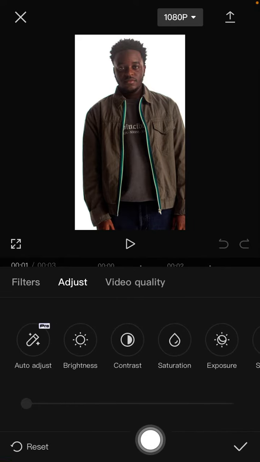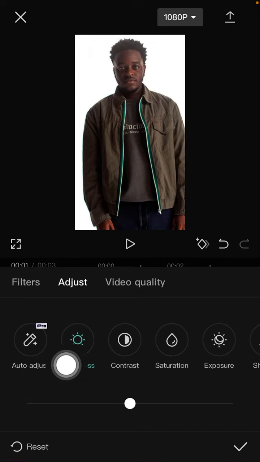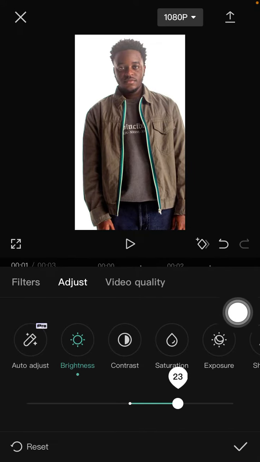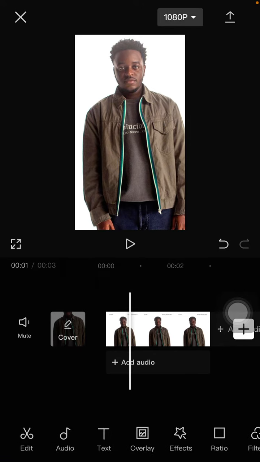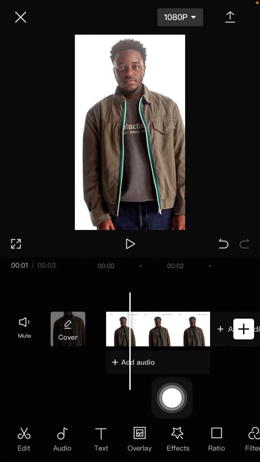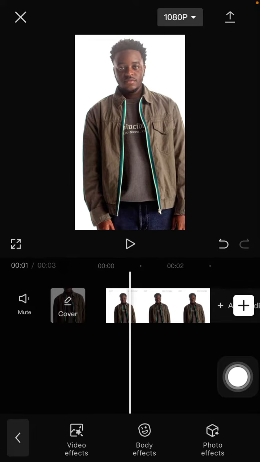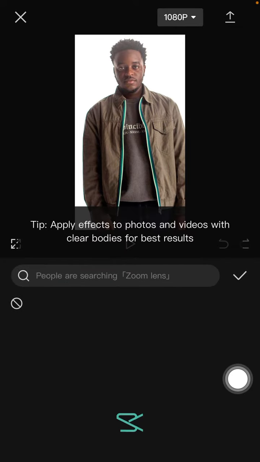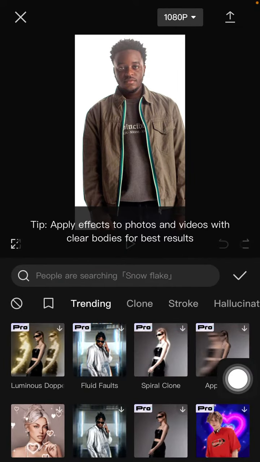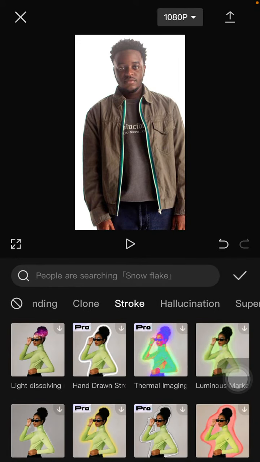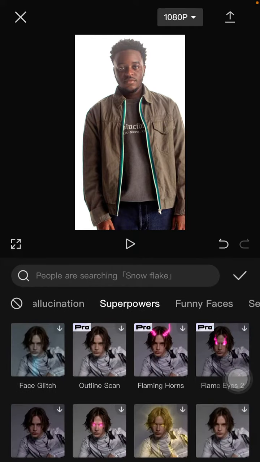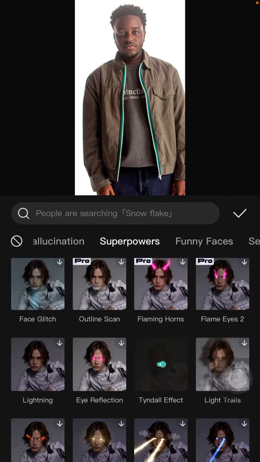For example, select brightness, tick mark, and then you can adjust the effect. You can add the effect, body effect. Just select the effect that you want to add. Right, for example,